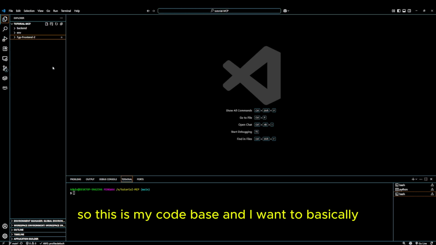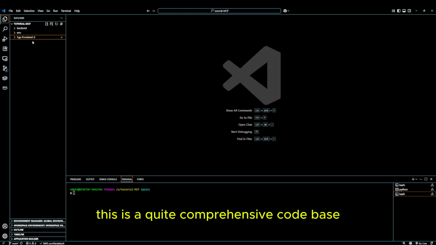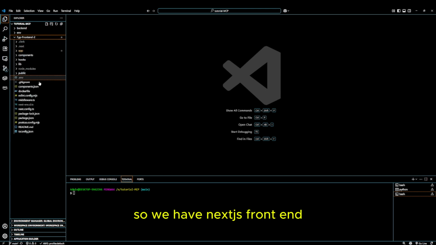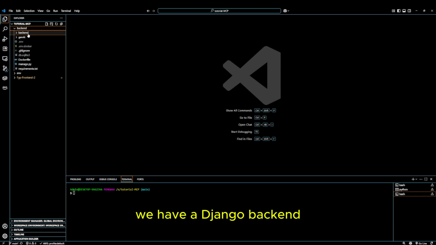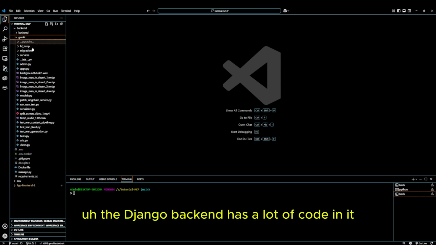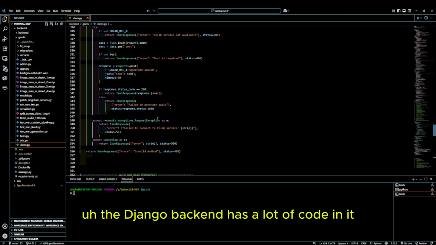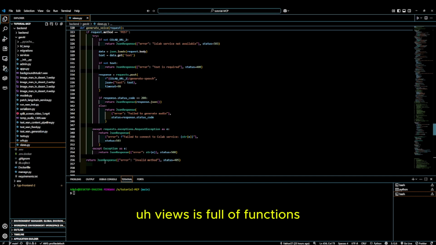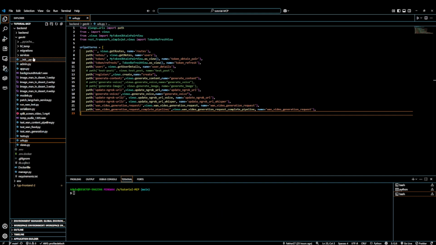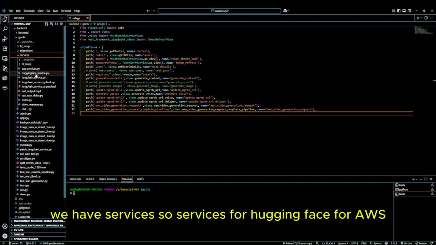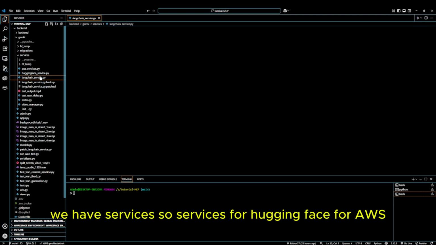So this is my code base, and it is quite comprehensive. We have a Next.js frontend and a Django backend. The Django backend has a lot of code in it. Views is full of functions. URL is full of paths, and every path has its own function. We have services, for Hugging Face, for AWS, for LangChain,